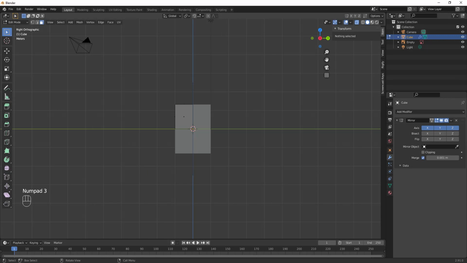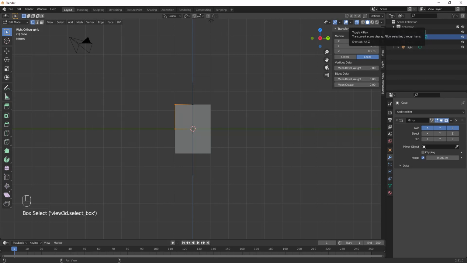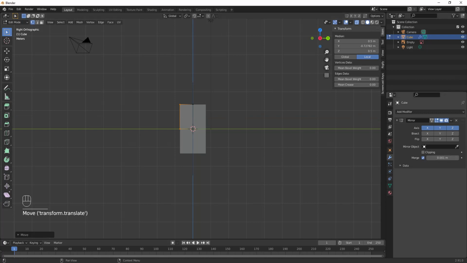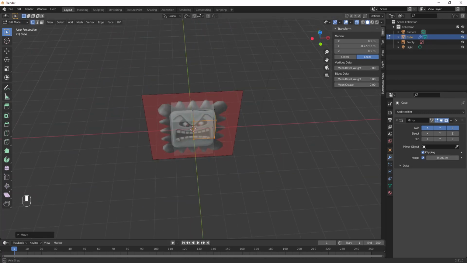All right, now I'm going to come to it from this side, and let's go ahead and select my vertices. I do want the X-ray mode on. Let's grab this on Y and drag that in. We don't want the Thwomp quite that wide, and do turn clipping on. Next,